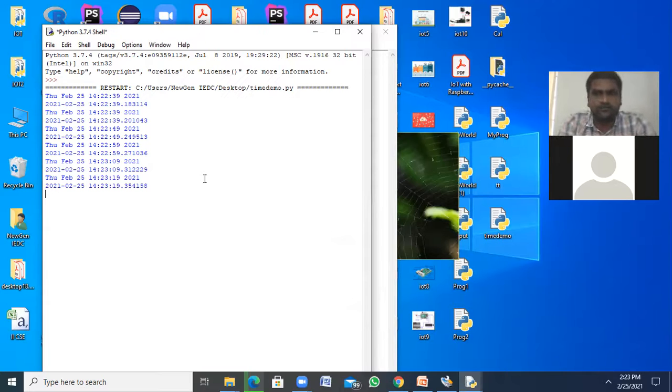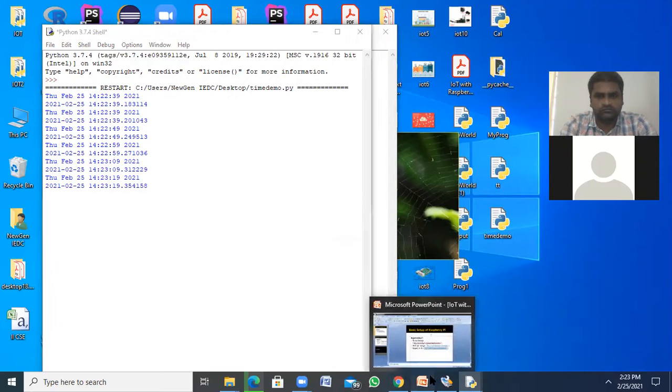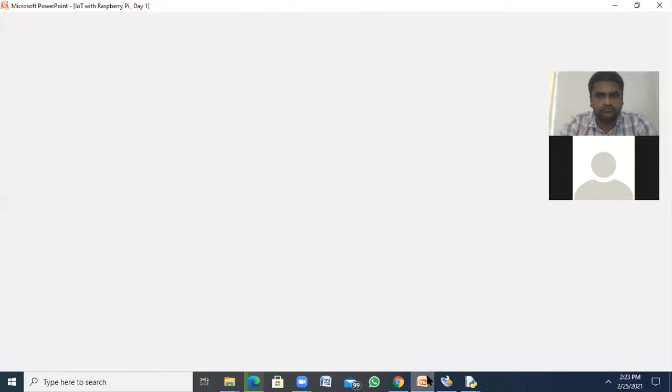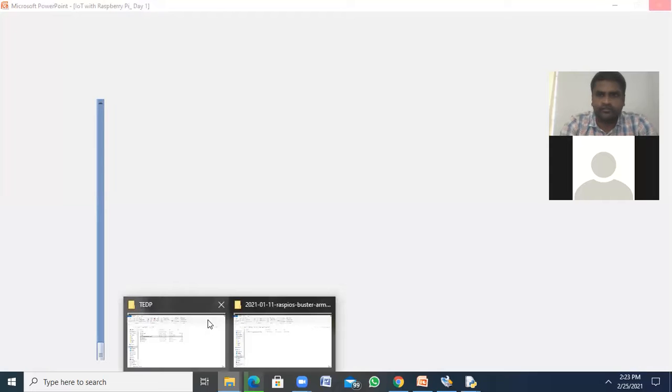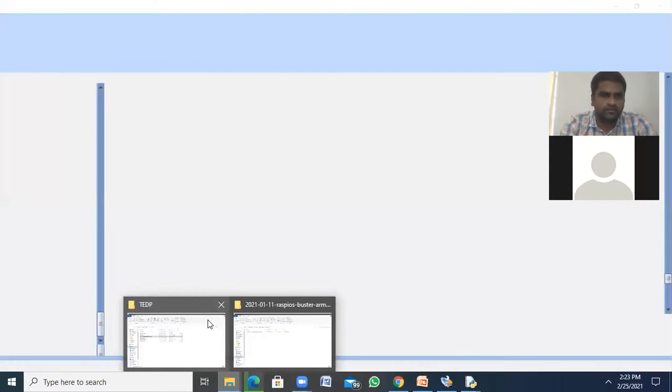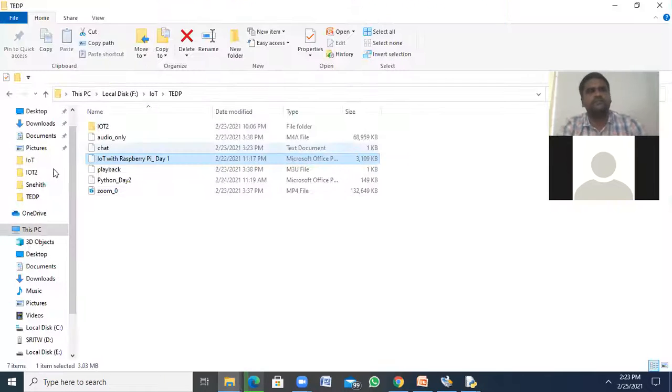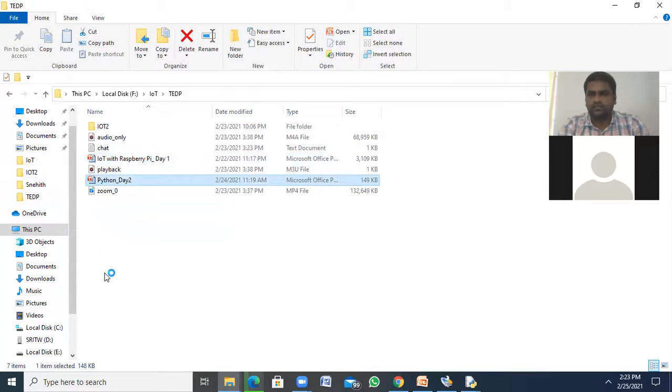And we have some programs. We're going to learn the functions of GPIO. That is very important. The GPIO package is very important for Raspberry Pi applications.